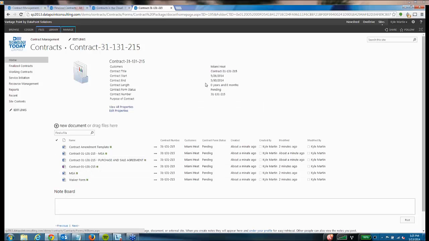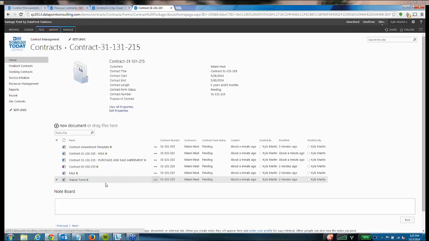So, for example, the contract number and the customer have been rolled down to these different documents here. That really comes into play when you're using the search features of SharePoint, because this enables you to find it a little bit quicker by having this metadata roll down and not having a user go in to apply that metadata to these individual